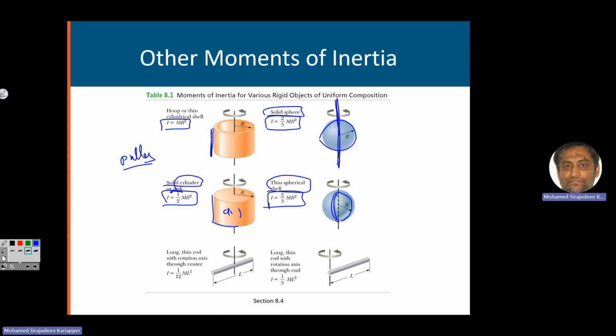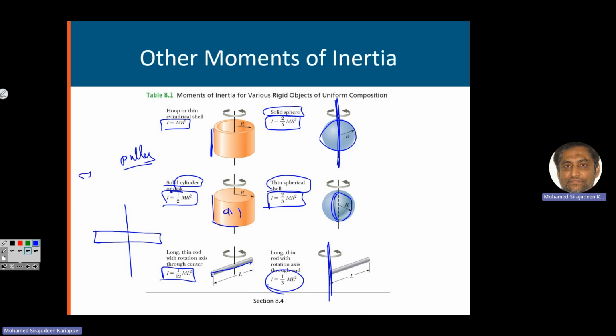Now you come here, which we discussed, a rod. So the rod is shown differently. First, about the central axis, it is 1/12 ml squared. About an axis at the edge, it is 1/3 ml squared. So you can see again, which is calculated, which can be done, okay, with some integration